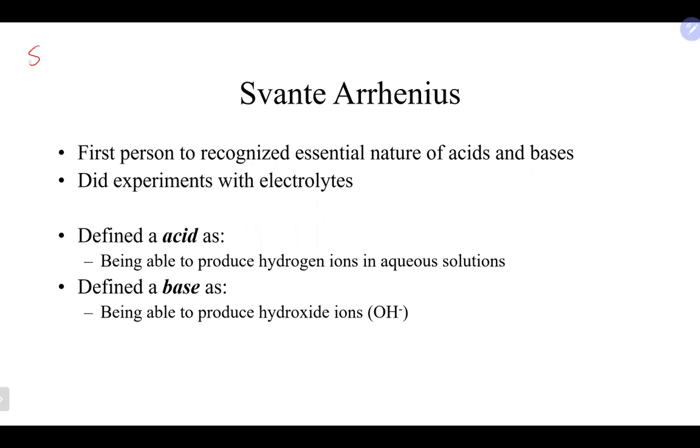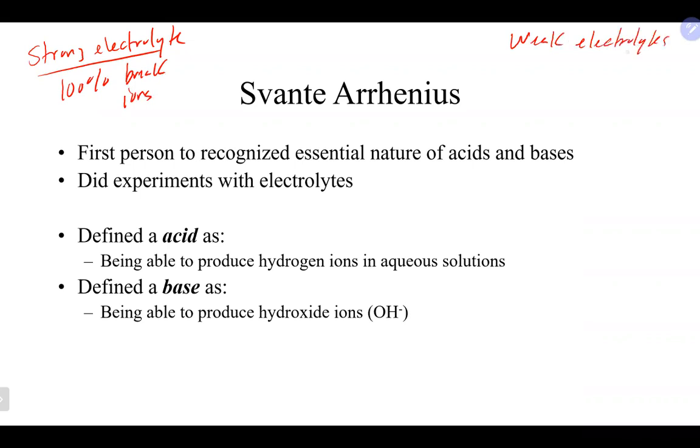There was a strong electrolyte, which basically when it goes into solution, 100% breaks apart into ions. And there were also weak electrolytes, which when they go into water, mainly stay together,